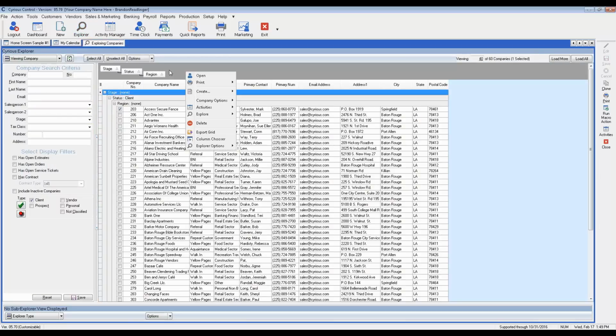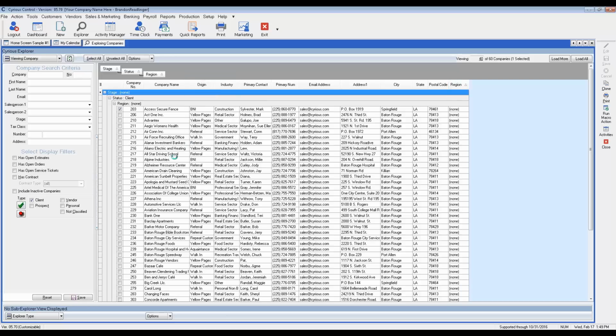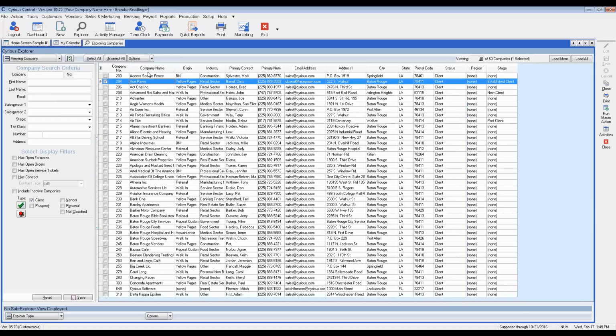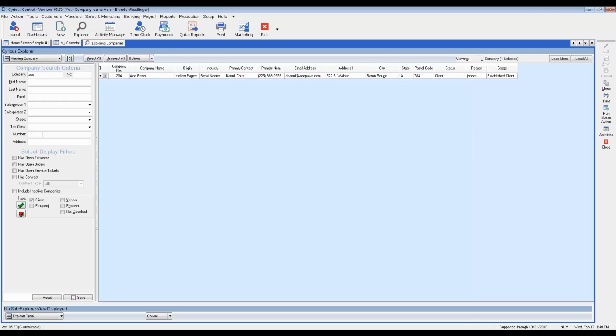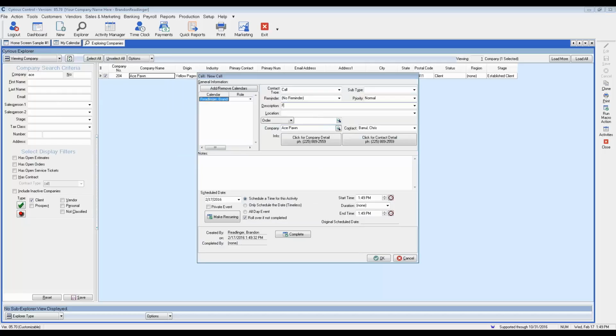They'll come in here, and let me remove the headers real quick. They may work from this screen, and they may field phone calls, so they get an incoming phone call and it's for ACE or what have you. So they'll type in ACE and they'll get the result in their list. And then what they'll do is they'll either right click and go to activities, and they'll say, oh yeah, I want to create a new call with them, in which case I could type in the same thing like I was doing from the calendar. I'll just type in my notes,